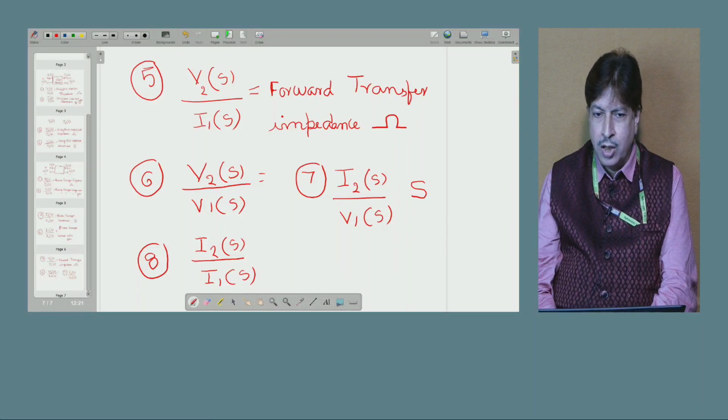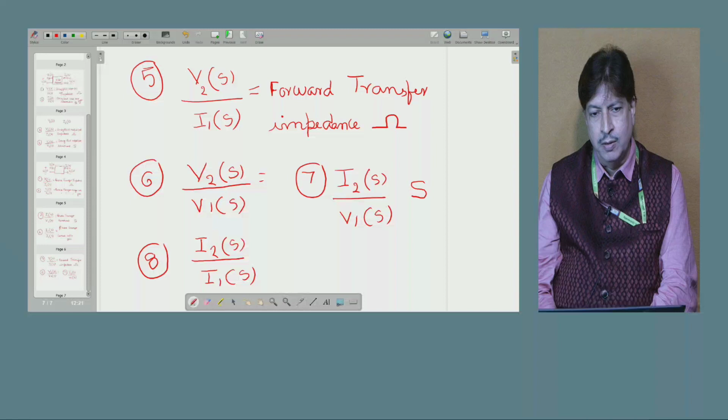Forward transfer current gain. It has no unit, it is a simple constant number, because numerator and denominator are representing